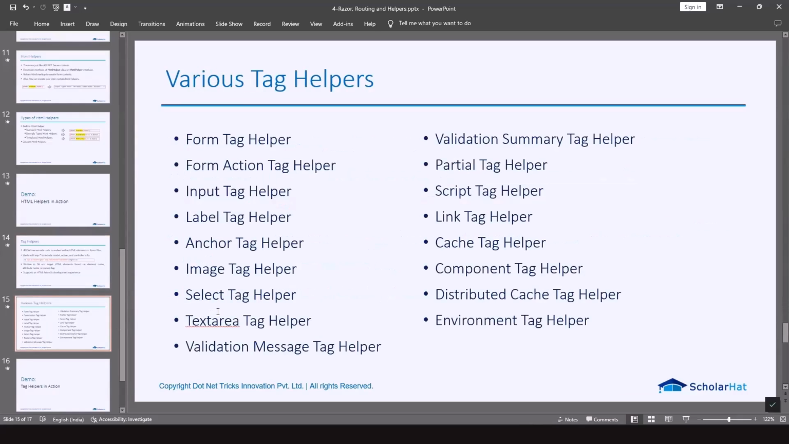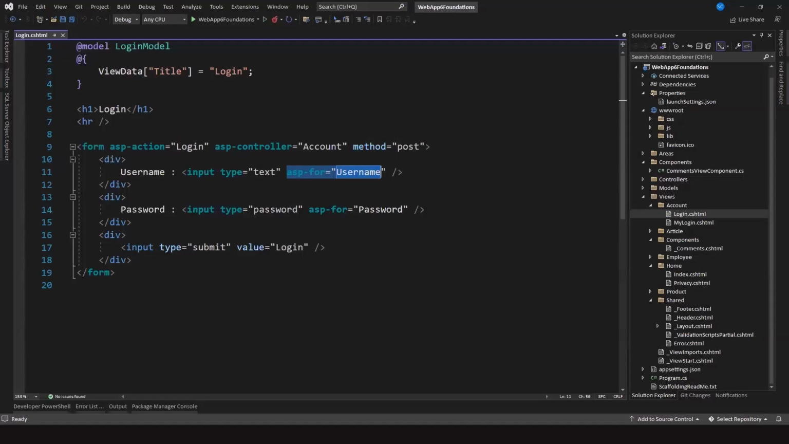Let's say the form tag helper is available: form action, input tag, label tag, anchor tag, image tag, select tag, textarea tag, validation message, validation summary, partial, script, link, cache, component, distributed cache, environment. So many built-in tag helpers are available, which we can use as per our requirement. If you are looking at the syntax of the